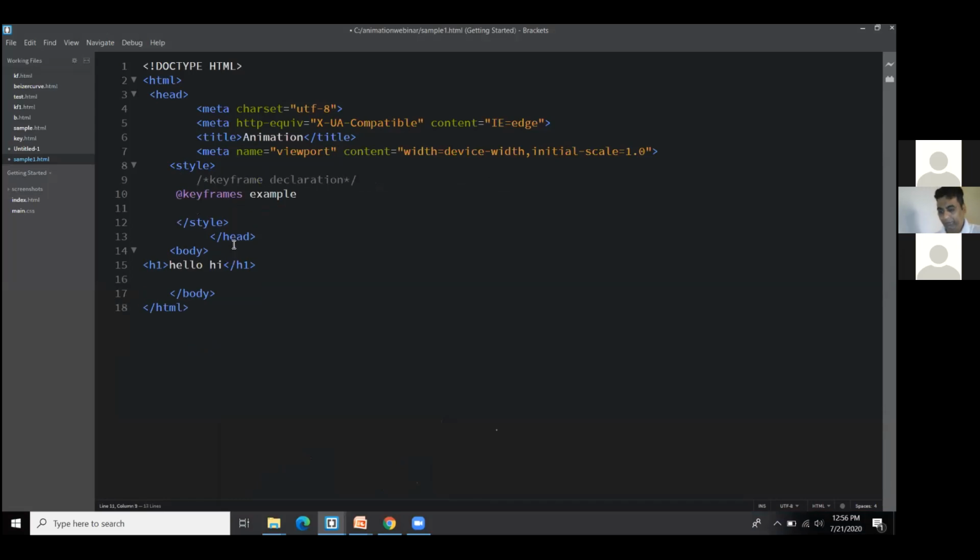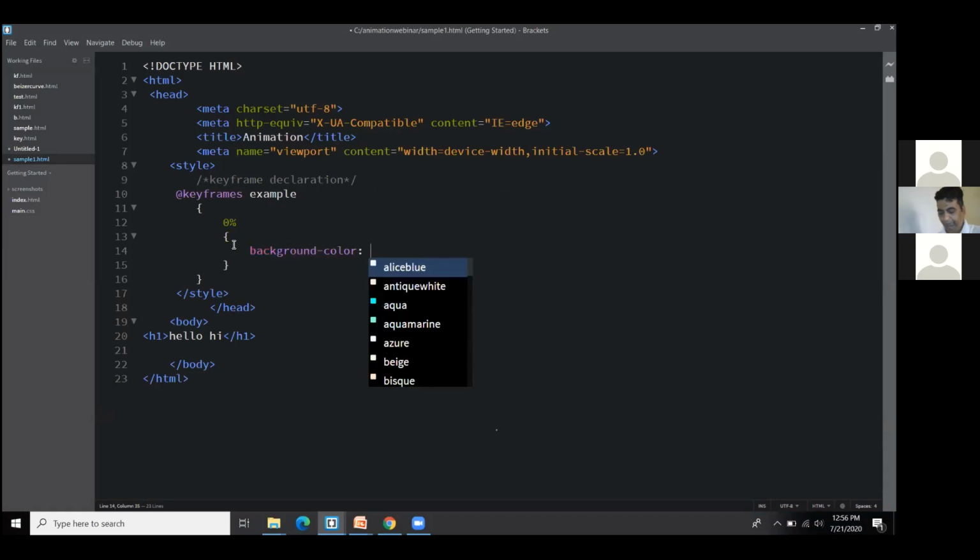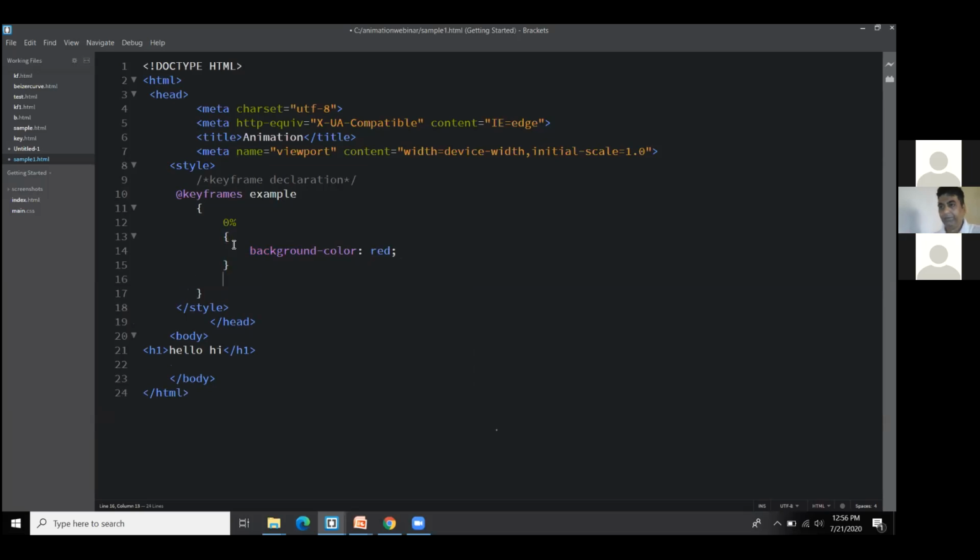I'm mentioning it very clearly at 0%. All the time, keyframes will be given in the form of percentages. At 0%, my background color should be red. At the beginning, what should be my background color? It should be red.